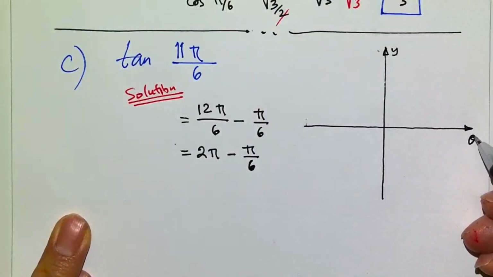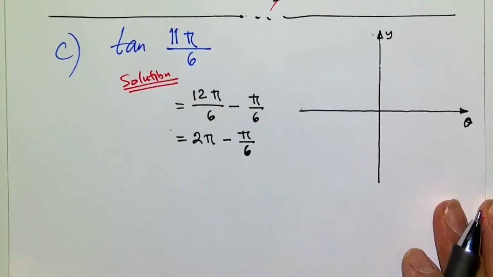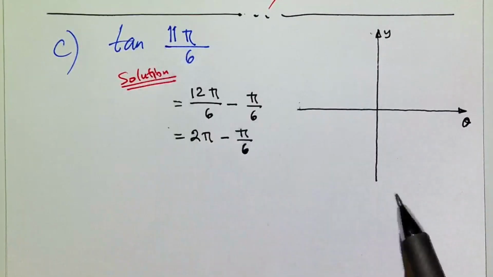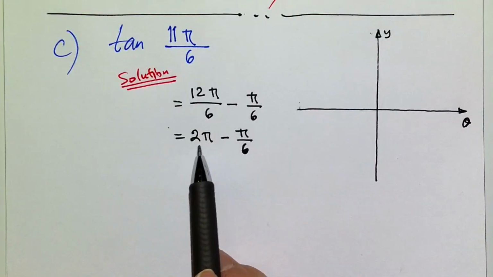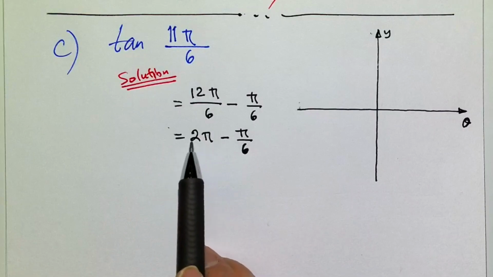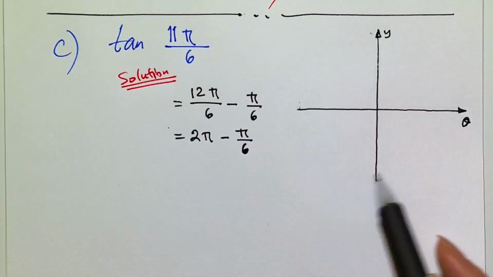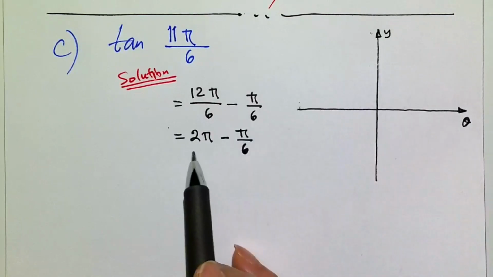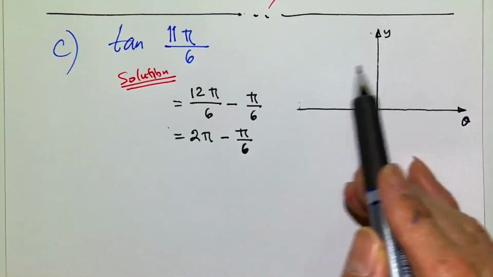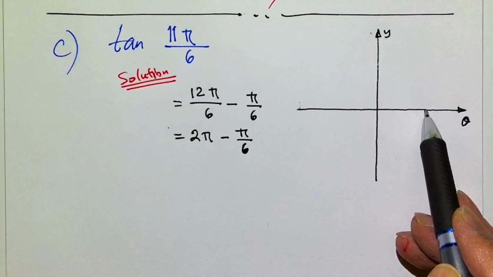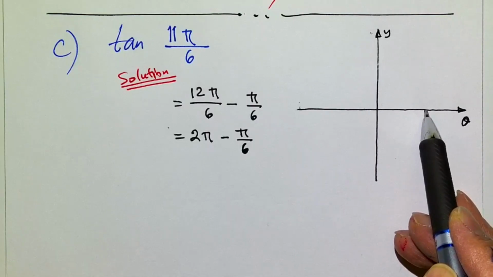Okay, that's theta, some angle. So according to this, which is the broken up pieces of this, it says go to positive 2 pi. This 2 pi, look at it, is positive. So it indicates movement in the counterclockwise direction, right? Go 2 pi in the counterclockwise. If I do that, I'm going to be back here where I started, 360 degrees, right?